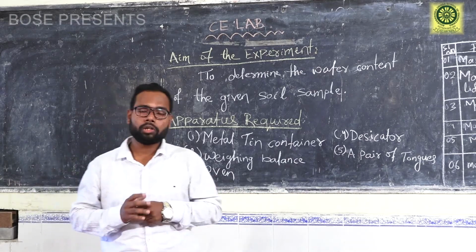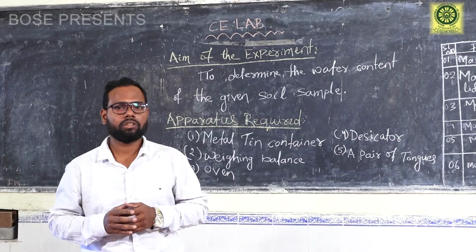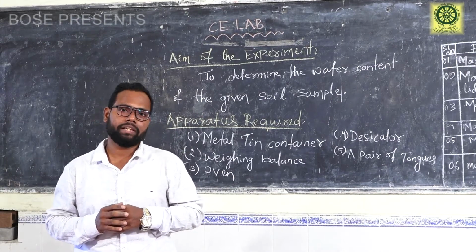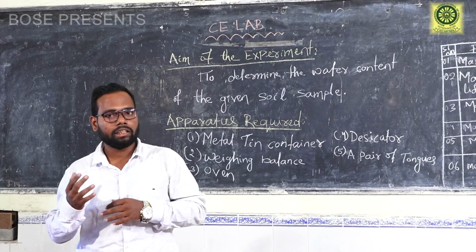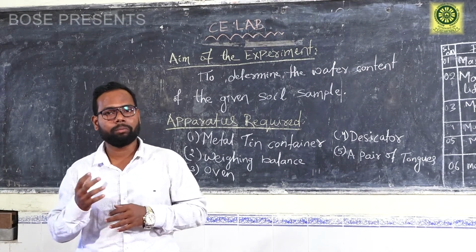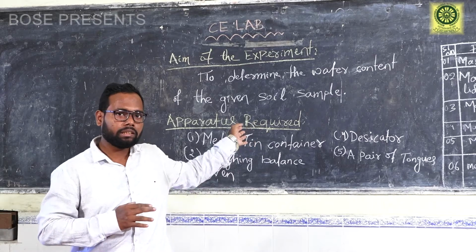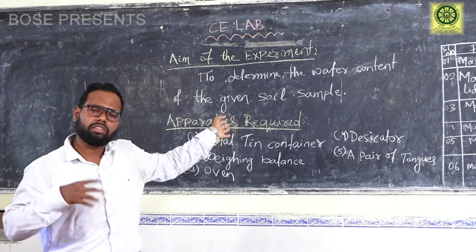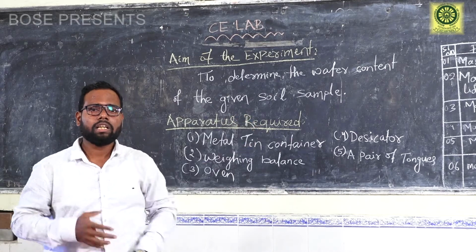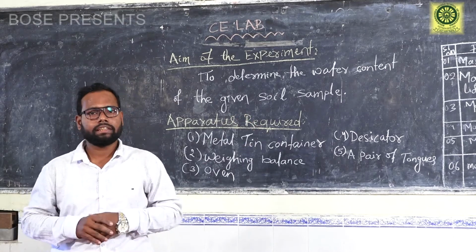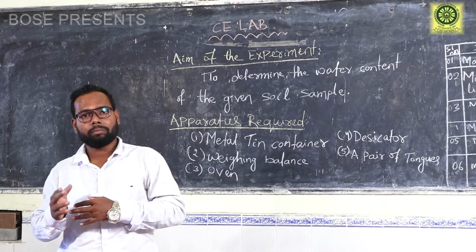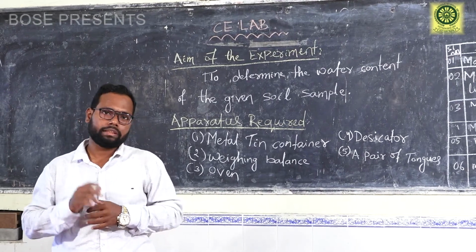Okay. So point to be noted, there are different types of methods to conduct this experiment, but the most accurate and errorless is the oven drying method. Another method is the pycnometer method. With the oven drying method, we can use different types of soil, even fine grained soil and coarse grained soil, easily determined with minimal error or no error. But in case of the pycnometer method, we only use coarse grained soil.